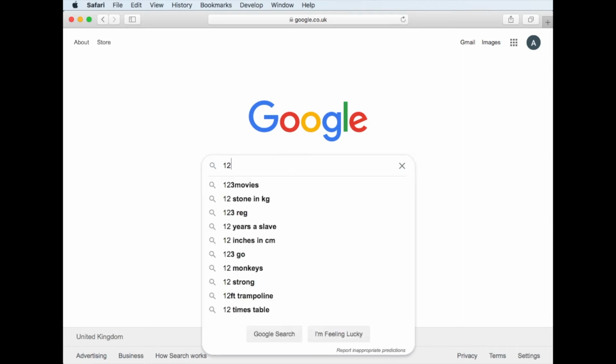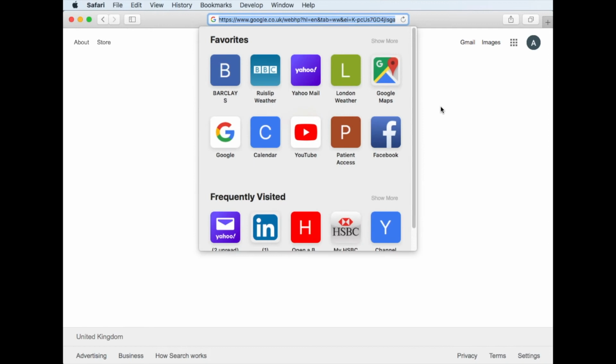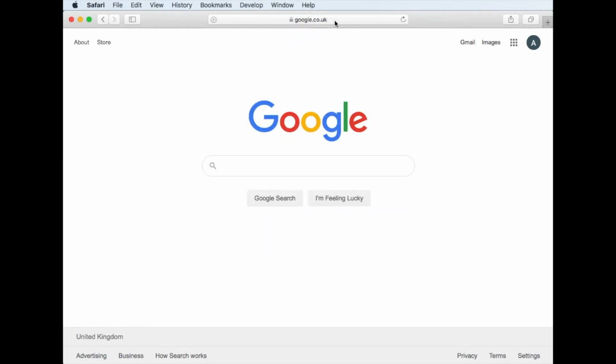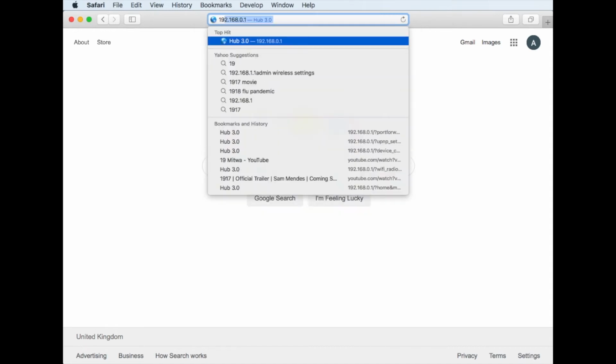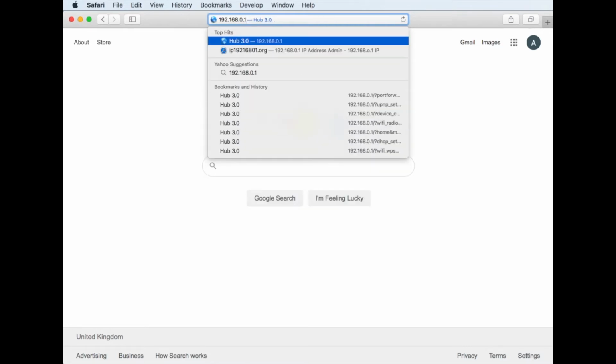Today, I'm going to be talking about how we're going to be using network address translation on Virgin Media routers. So I'm just going to quickly log on to my Virgin Media router. The way you would get to the Virgin Media router would be using the standard out of the box default IP address